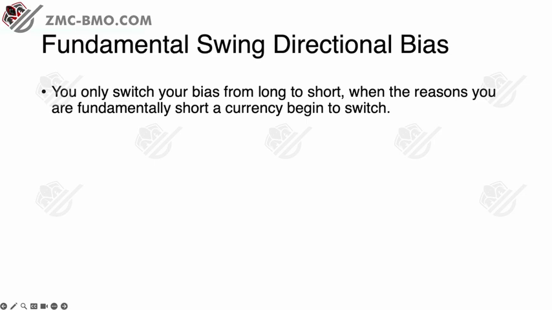Then, you might start to see that switch: you're bearish because inflation is falling rapidly and the RBA is a lot more dovish. Let's say we have an uptick in inflation in Australia, or the labour market was really weak but now we have an uptick in the other components of the data, for example unemployment rates begin to slightly fall, and we start to see PMI data, the employment sector, begin to pick up. That's all reason we might need to switch our bias, because we are bearish for all of these reasons, and now that's starting to switch.